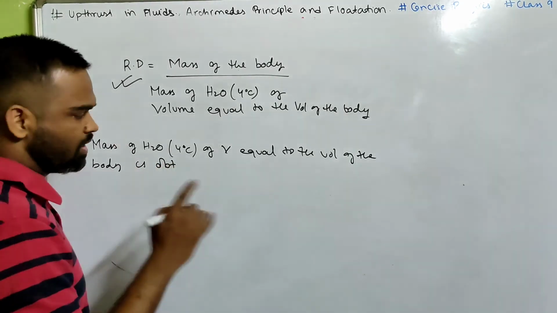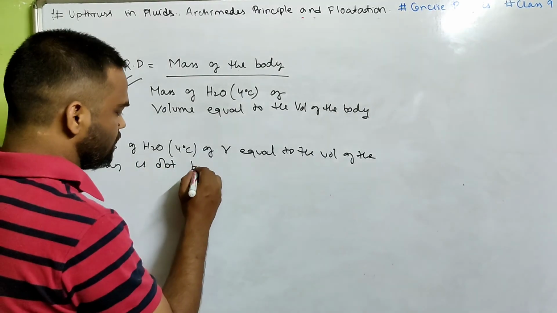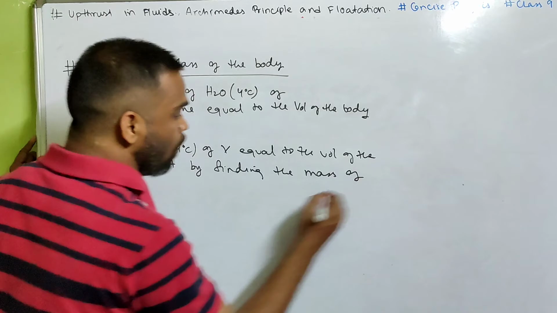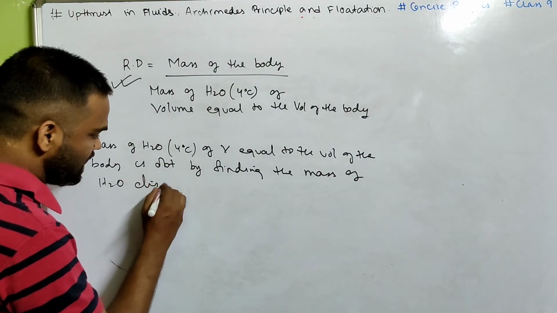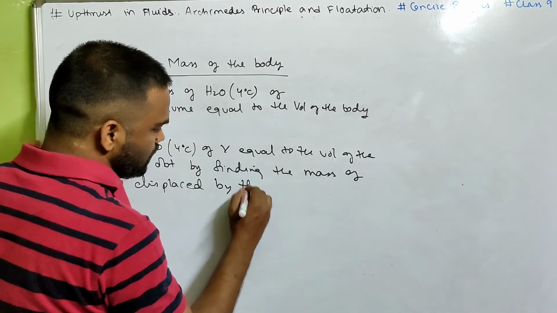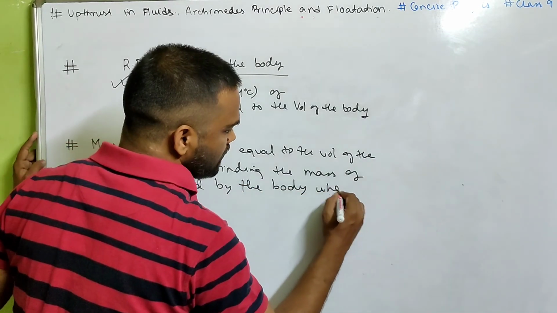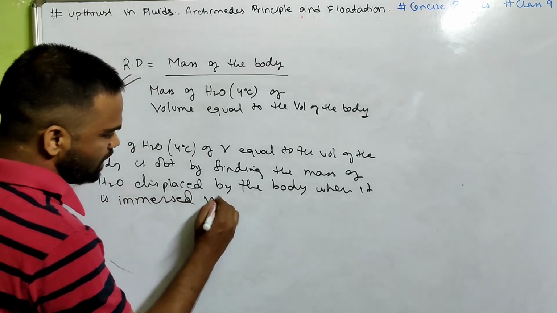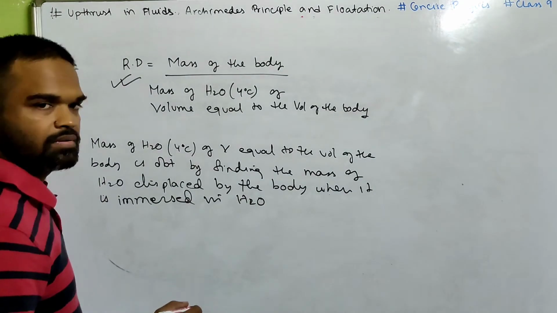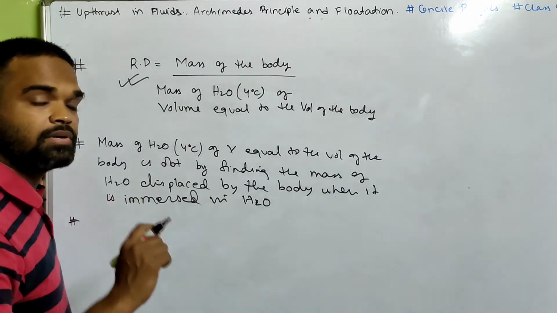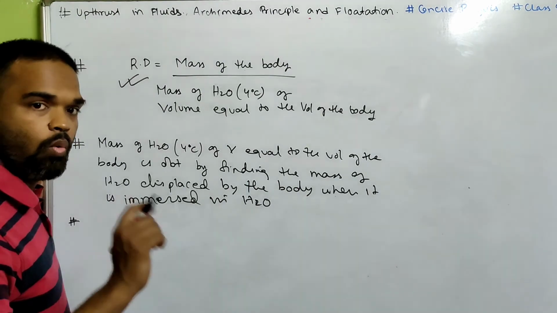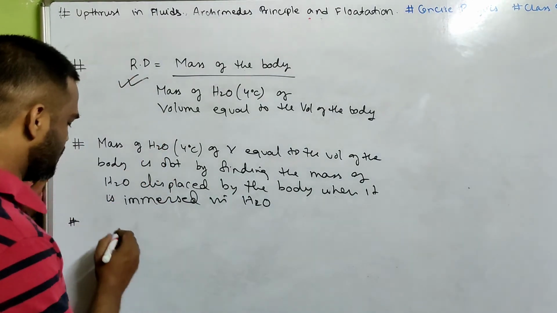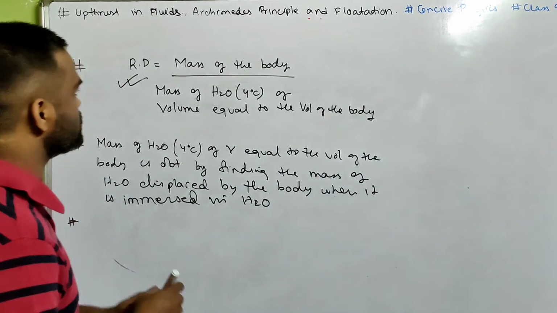Be careful, just be careful and try to understand. It is obtained by finding the mass of water displaced by the body when it is immersed in water. Yes or no? Since we know that when a body is immersed in water, it displaces water equal to its volume. Yes or no? Now this becomes, by Archimedes principle, I can write